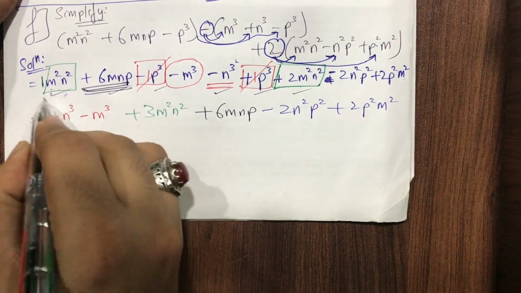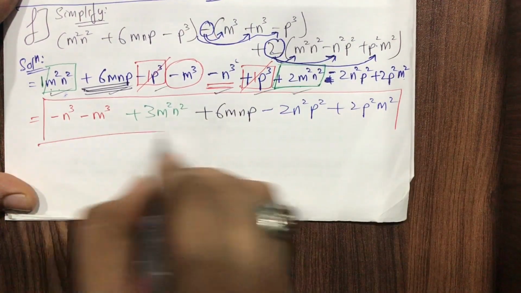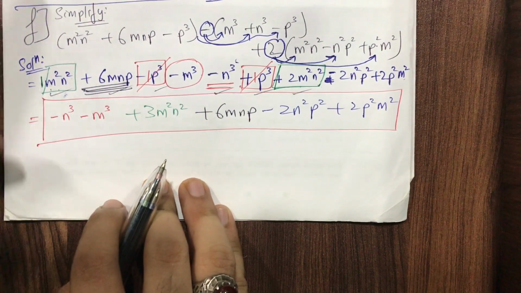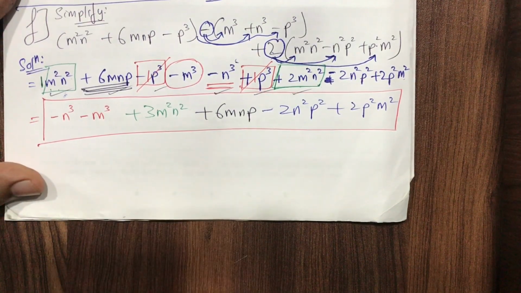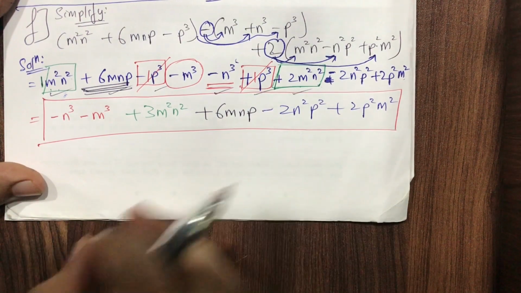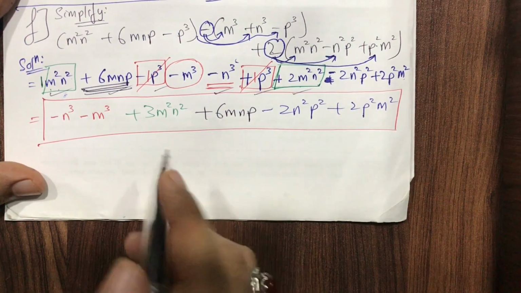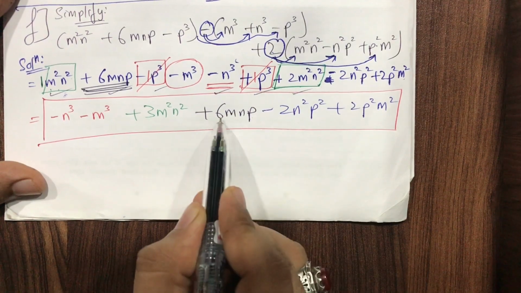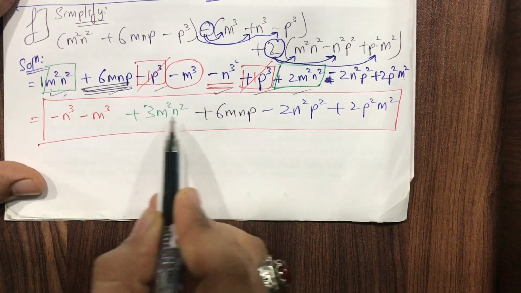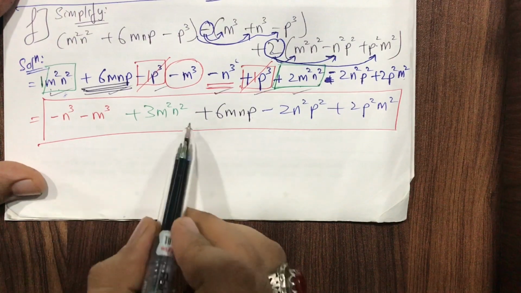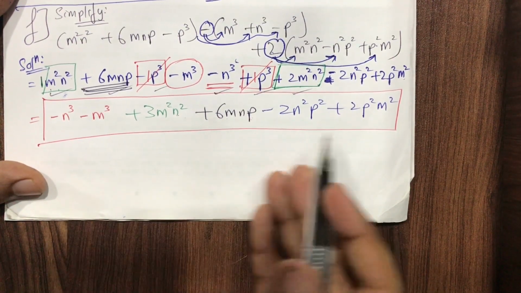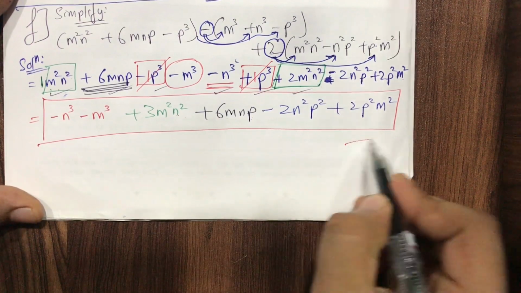So students, this is our answer. That's it in the simplified form. There should not be a doubt in your mind, sir, how will we come to know when to stop and when to simplify? The answer is, whenever you can see like terms. See, now this 6mnp cannot be added with 3m square n square. It cannot become 6 plus 3 equals 9, because this is an m square n square term and this is an mnp term. So now no more like terms are remaining. So that's it. That means we cannot do anything.